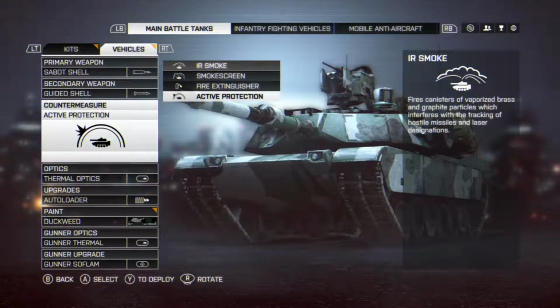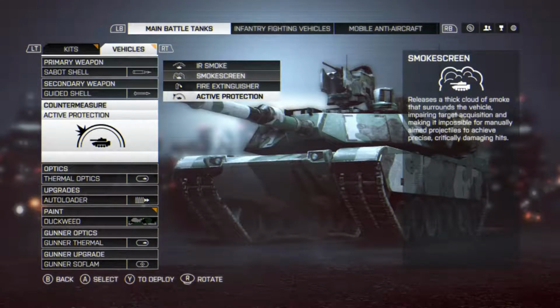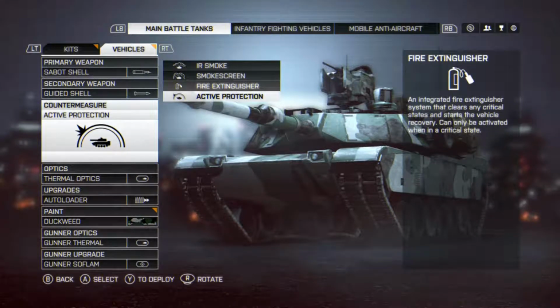If someone is SOFLAMing you, this gives you the chance to get out of the way so they can't SOFLAM you. But it's quite drastically a pre-measure to being shot. You need to be pretty quick with this to get it deployed before you're actually being shot at with any targeting weaponry. The smoke screen I find is practically the same as the IR smoke, just not as effective. The fire extinguisher,